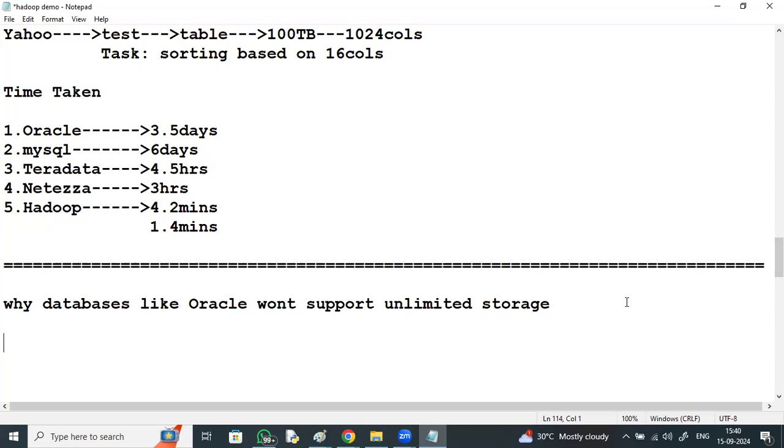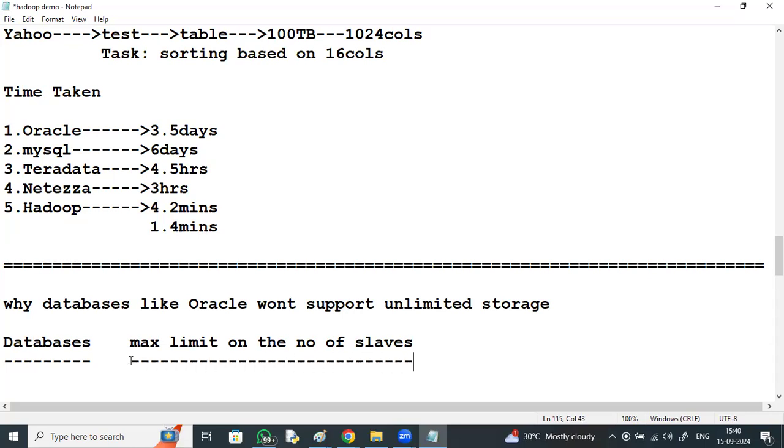Databases like Oracle not supporting unlimited storage means that for databases also there is a max limit on the number of slaves.